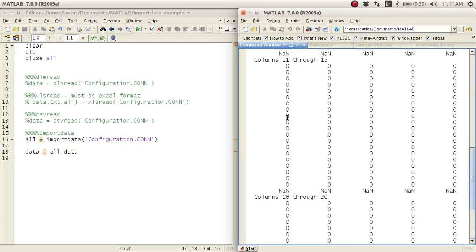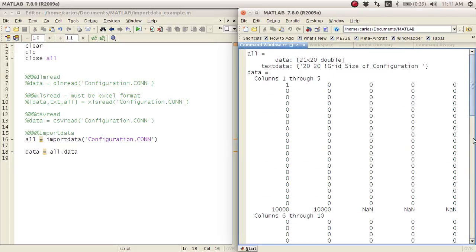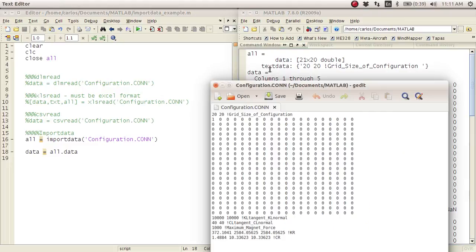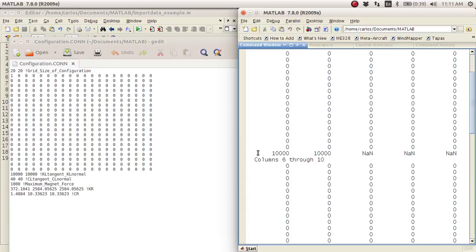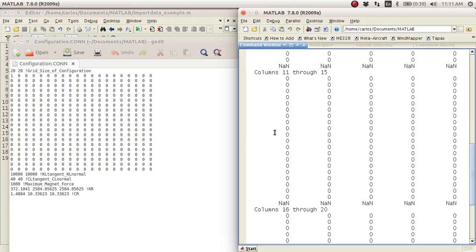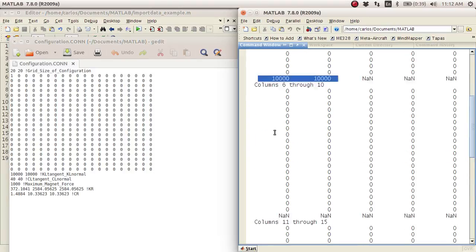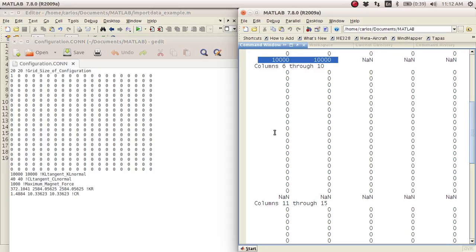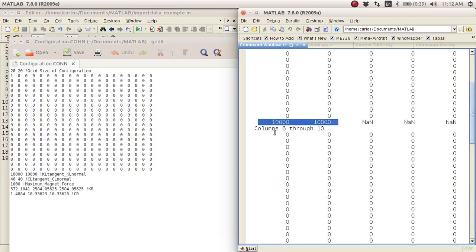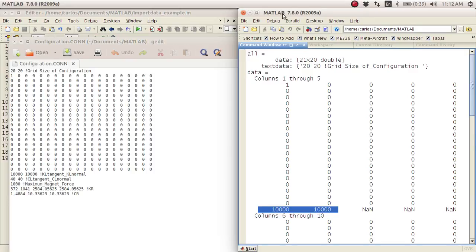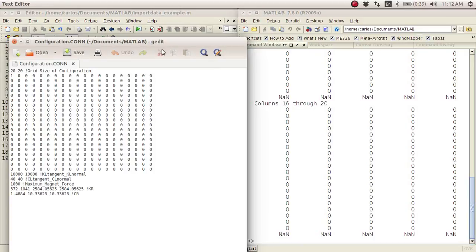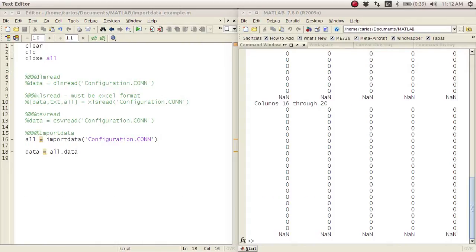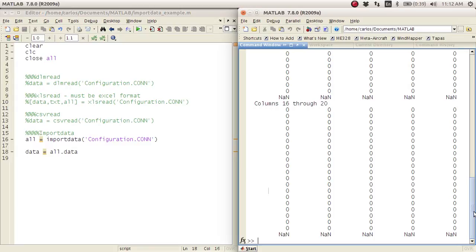So if I hit here, here's all my data. And this is clearly the first couple rows here. So if I go back to my spreadsheet, here's the matrix of ones and zeros. Here's 1,000, 1,000 at the bottom, and then 40, 40, 40 is probably somewhere. Okay, I can't actually see it. So it doesn't actually look like it grabbed it. It didn't even grab those 40s. So import data even has some of its shortcomings, but it was still able to bring in the matrix,